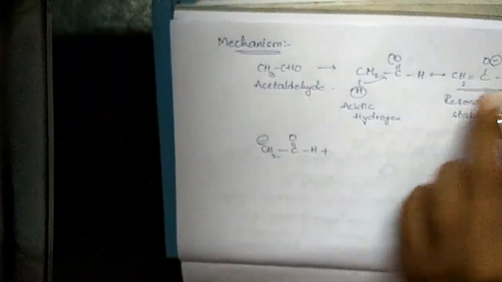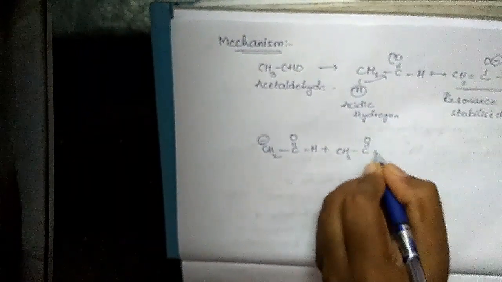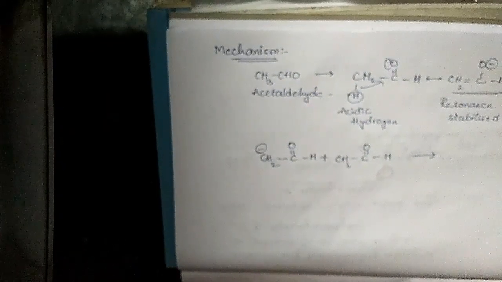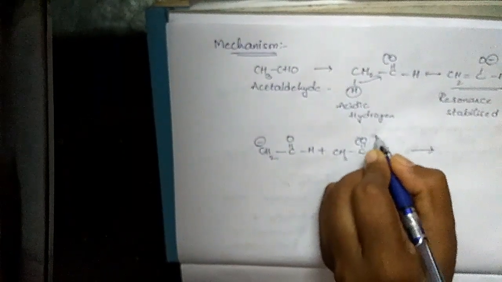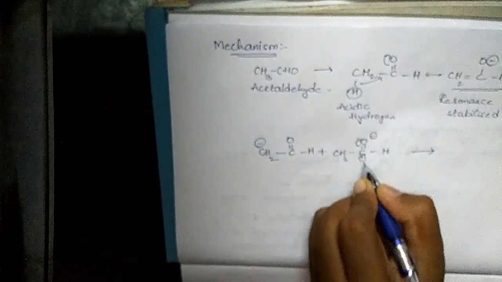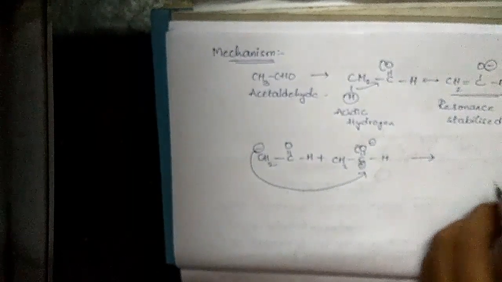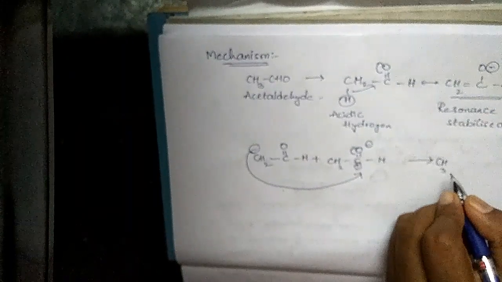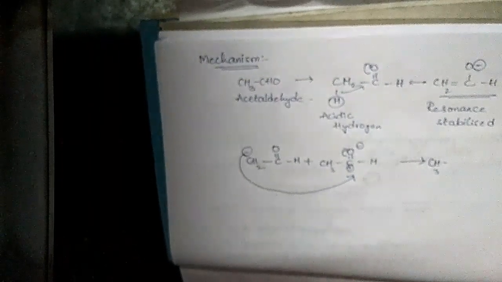reacts with another molecule of acetaldehyde, here the C double bond O group, and oxygen gets negative charge, carbon gets positive charge, and the negative charge moves towards the positively charged carbon atom. So the compound is CH3 C O minus,